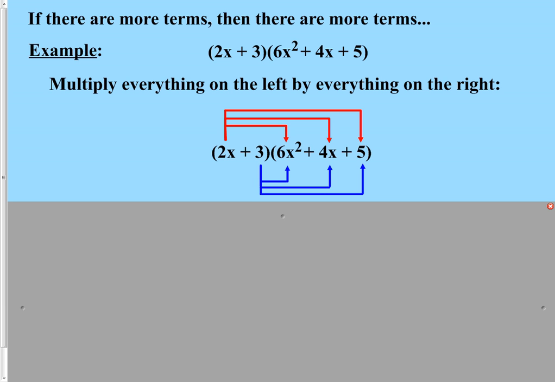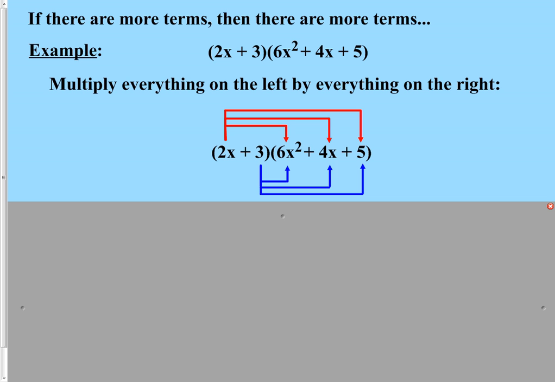The 2x also needs to go get the 4x. What's 2x times 4x? 2 times 4 is 8. X times x is x squared. The 2x needs to go get the 5. 2x times 5 is 10x. Now that the 2x has gotten everything that it can get from the right side, we scooch over and